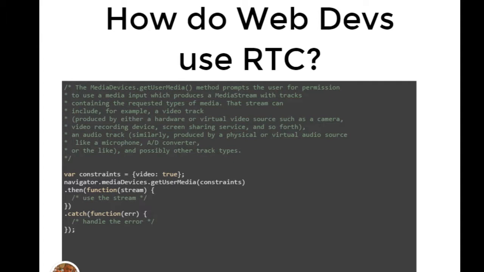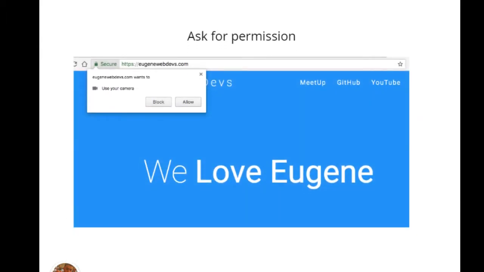In this example, you probably can't see it, but I say video is true. And that's all I really need to get the real world as my background, because that's really all it is when you access the camera in real time. The real world becomes your background, and you figure out how you want to add to reality. So not a whole lot of JS to get started. If you do that, you'll get something like this, where we've probably all seen asking for permissions. It's usually notifications, right? Or after that, maybe location, if you're doing a search or something like that. But this is no different. It will ask you for permission. Not every time, but you have to say yes once. And that's a security thing.